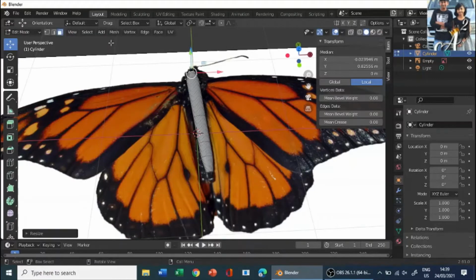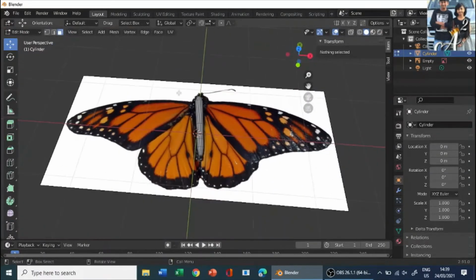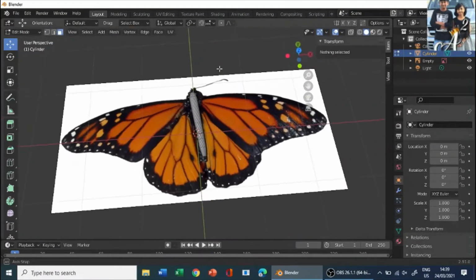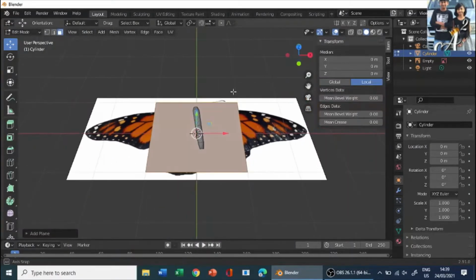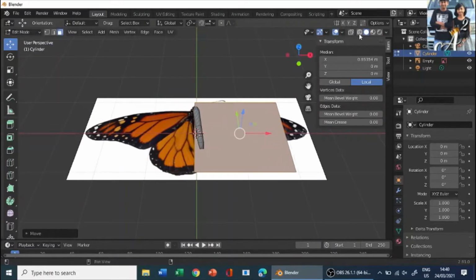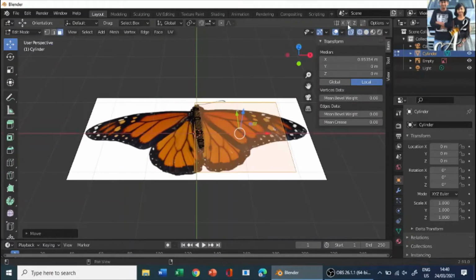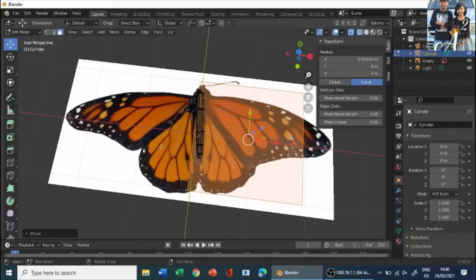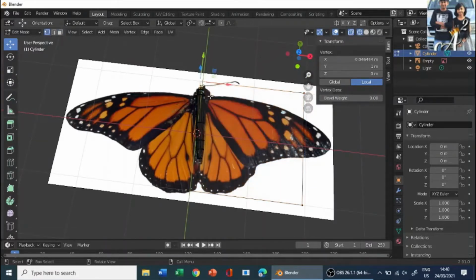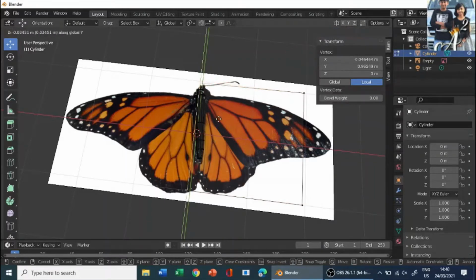So now we have a rocket-shaped mesh, which is also useful. Now you need to add a new plane for the wings. Add a plane and move it across, and go to wireframe mode, so it will be easy for you, and you can see it is visible to us. Now we will rotate it, and not just leave it the same. Let's go to the vertices, click on this vertex, and press G on the Y axis, so that we don't move anything on the Z axis.